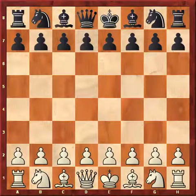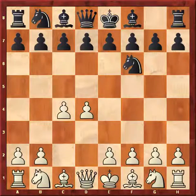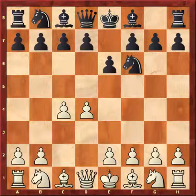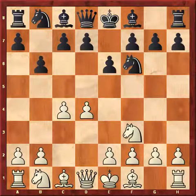d4, here Anand is white, he played d4, Knight f6, c4, e6, Knight f3, b6. Okay,